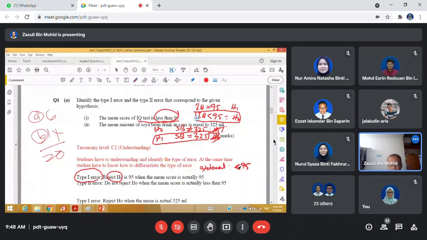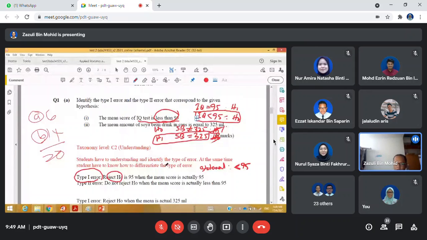So for the type 2 error, we do not reject the H0. We do not reject the H0 when the mean is actually less than 95. So type 2 is opposite to type 1,